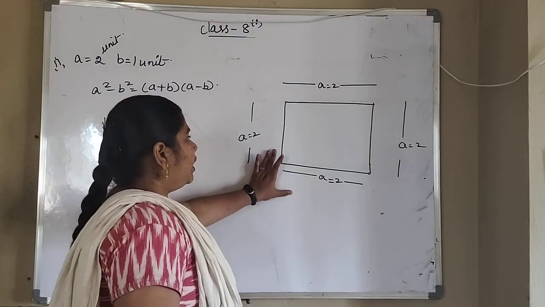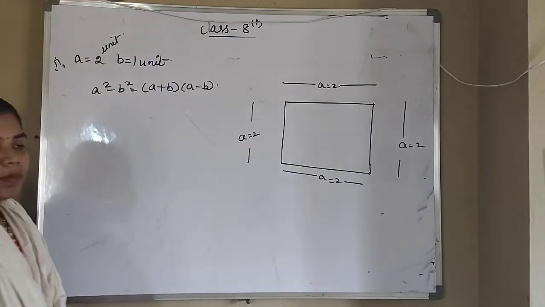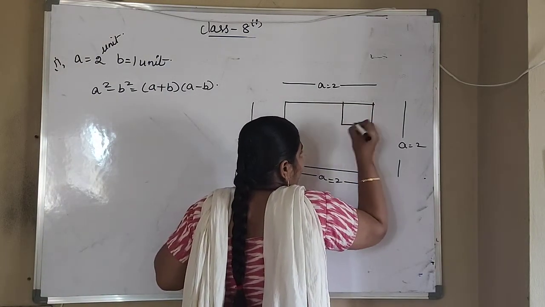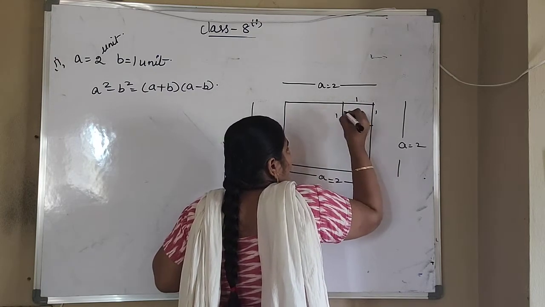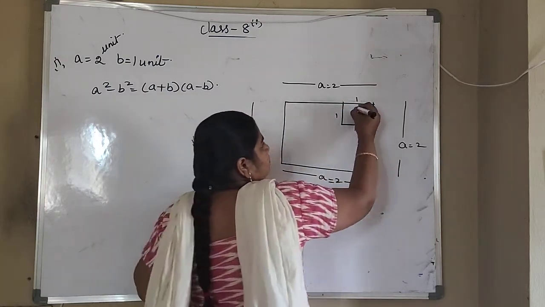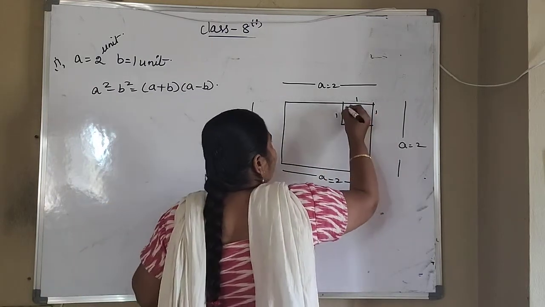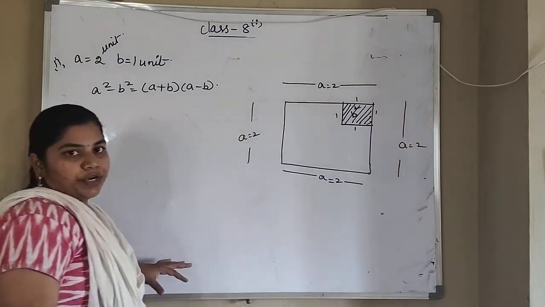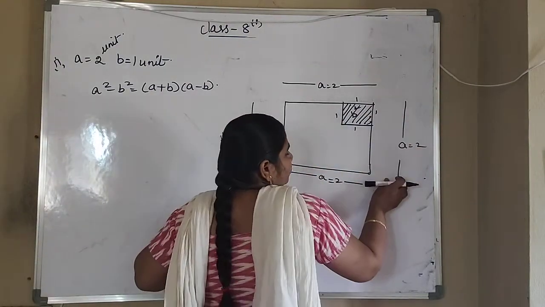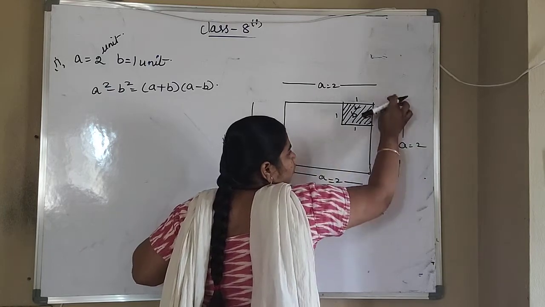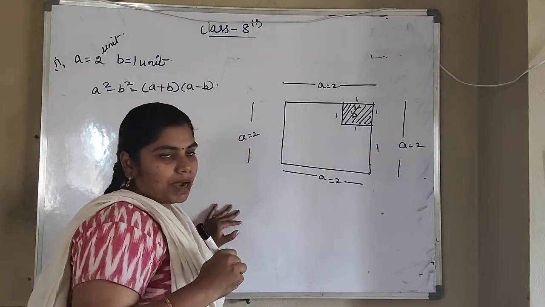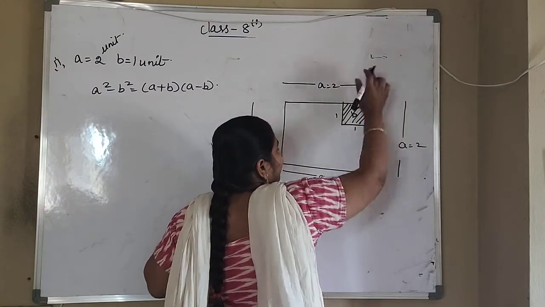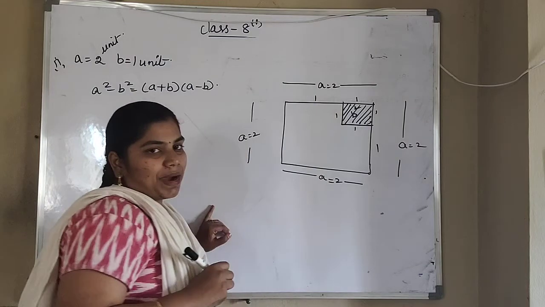From this A square you have to remove B square. So B is how many parts? Only one part. So from here to here I am taking one B square and what is the length there? 1. So this will be B square. From the whole square I am removing this B square value. This part I have to remove. Okay, so total is 2. From this 2, if you remove one part, here it will be only one part remaining. And here also from a total of 2 parts, if you remove one part, here it will be only one part.